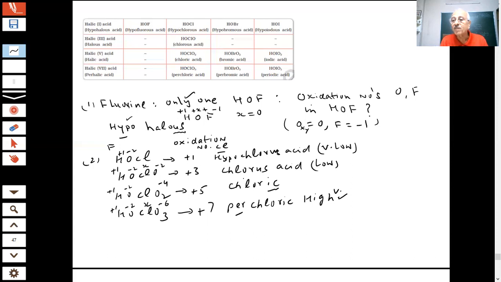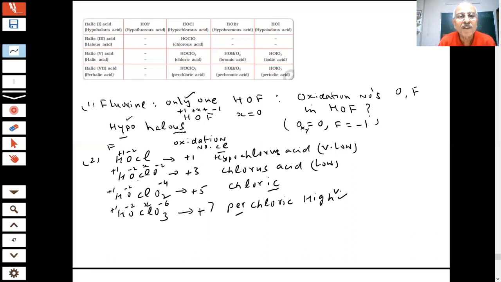Sometimes a question is given that perchloric acid is, and they have given 4 formulas. Now the students are totally confused. Very few would actually answer correctly, because cramming is not the only way to learn chemistry. There has to be some way of learning it. We are saying hypochlorous, chlorous, chloric, and perchloric. Higher oxidation states are chloric and very high perchloric. Lower is chlorous and very low is hypo. So this is the way to learn.